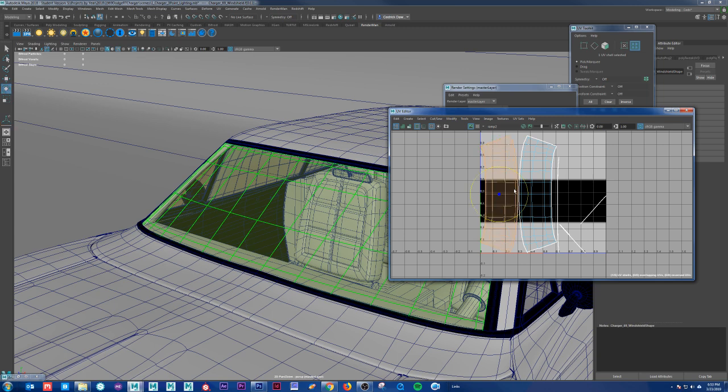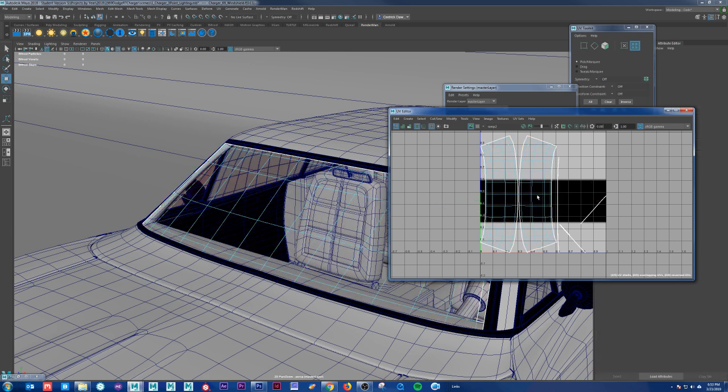and I just took this guy, I pressed E, I rotated it until it was 90 degrees, and I did the same thing with this guy right here, so they overlapped each other. Okay, and then